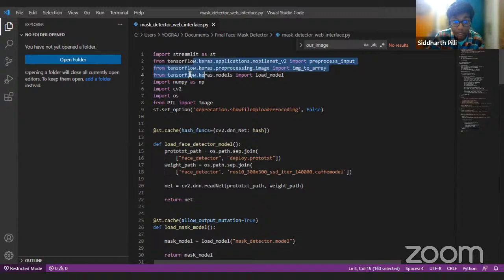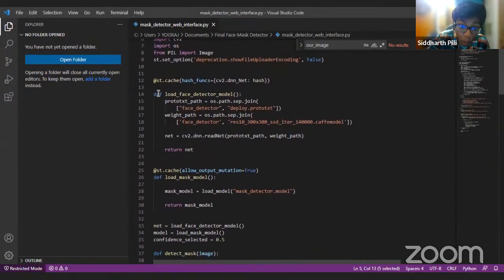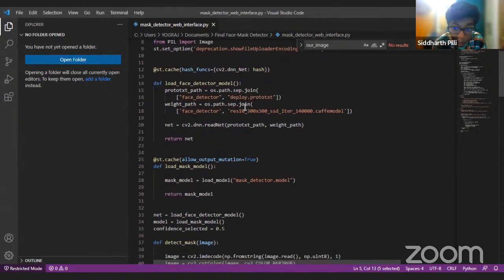We're importing TensorFlow and Keras, we're importing NumPy and all these simple libraries you already know. And first things first, we're loading our face detector model. Now remember, guys, we have previously saved our model, right? Yes, so we have basically saved our model previously. So now we give the proto.txt path of our deep network, and the weights. Normally when we have trained this network, we have certain weights which are saved, so they're also saved in a Caffe model. Those are the weights saved here, and this is the ResNet 10 SSD.